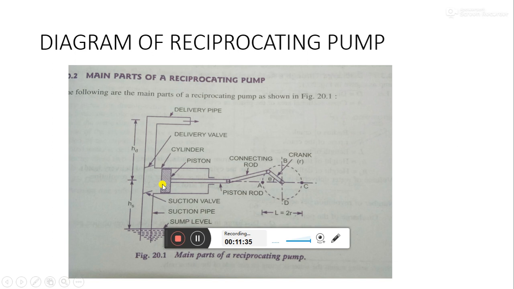Once the piston moves back and the fluid gets filled inside, the piston will move again from right to left. So some force is exerted, like you see in a syringe when the medicine is being injected, some thrust is applied on the medicine inside. Similarly, this piston will also exert some amount of force per unit area, which is called thrust, on the fluid, and that will help the fluid to move from this point to the higher reservoir. So that's what is written.